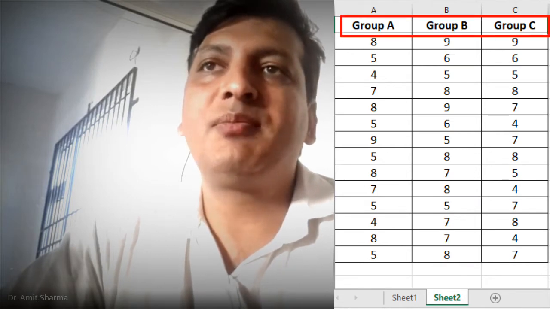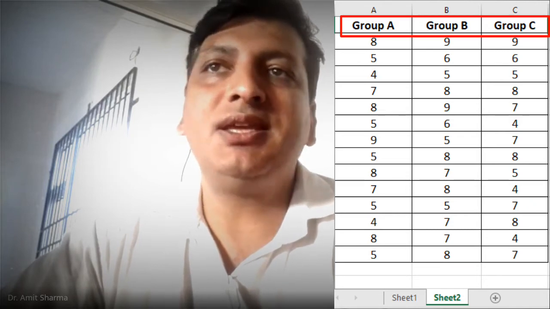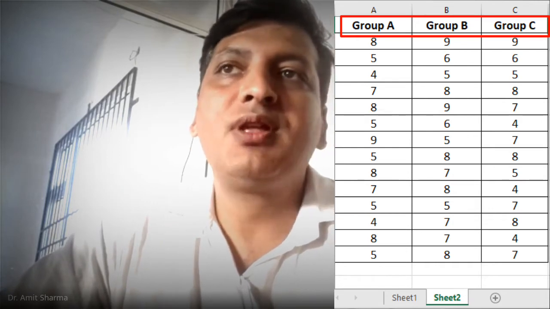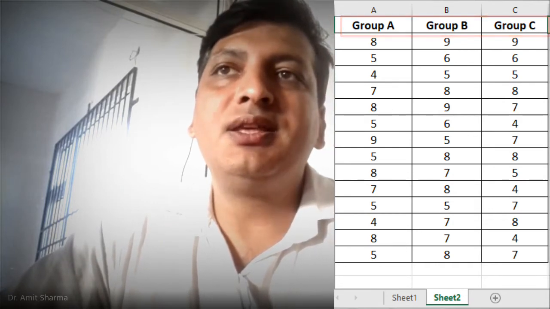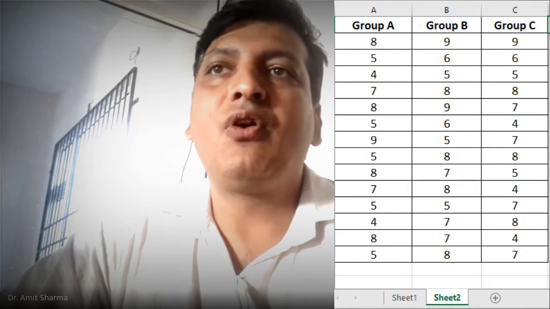In which case can you apply this test? For example, we have groups A, B, and C, which are different drugs: ACE inhibitors, beta blockers, and calcium channel blockers. And you want to find out whether these drugs have the same effect or there is a difference in the means of all three.